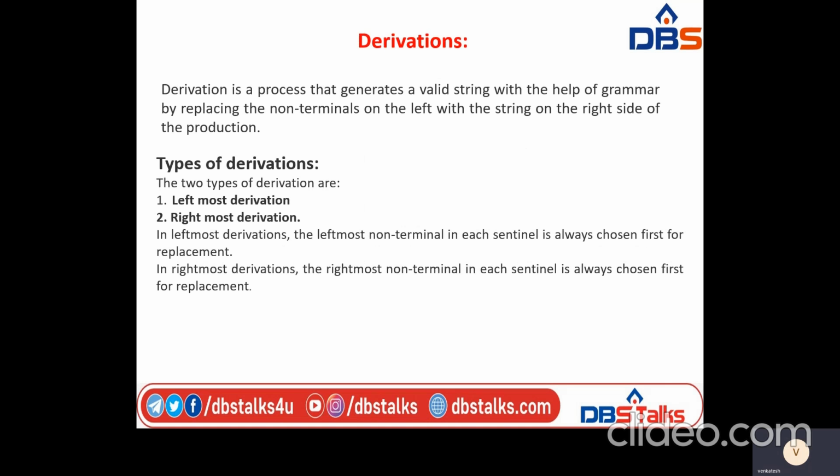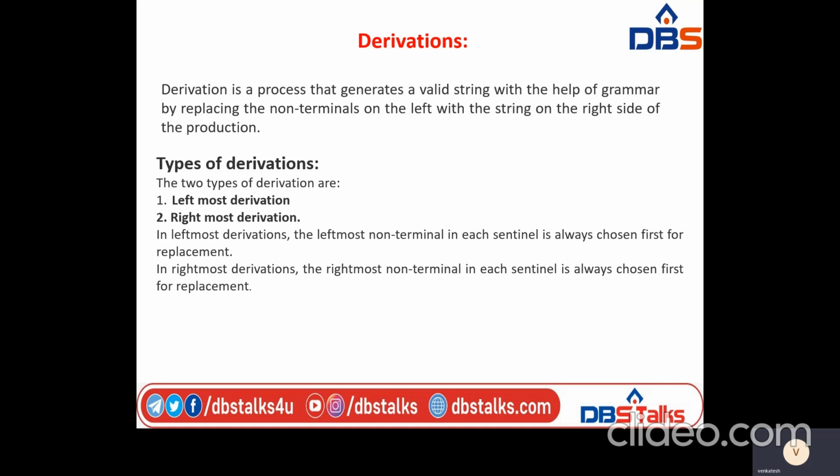So the next topic is derivations. Next, we are going to talk about derivations. What is a derivation? What are the different types of derivations? Generally, the process of derivation always starts from the start symbol only. A derivation is the process of applying a sequence of production rules in order to derive a string of the corresponding language. In order to derive a string, we have to apply a sequence of production rules.